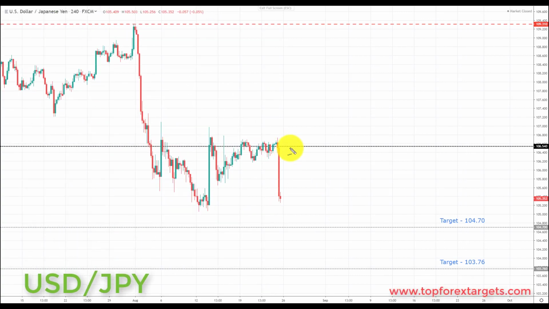Now last week we highlighted the 106.54 for you guys to start to look for a sell-off to the downside in the Japanese yen. We did have a really nice sell-off to the downside from this area last week. So very simply put, going into this week, we started to approach the target set from last week at the 104.70. If we can get a pullback, and we're probably not going to get a retest just because of how steep this sell-off is.